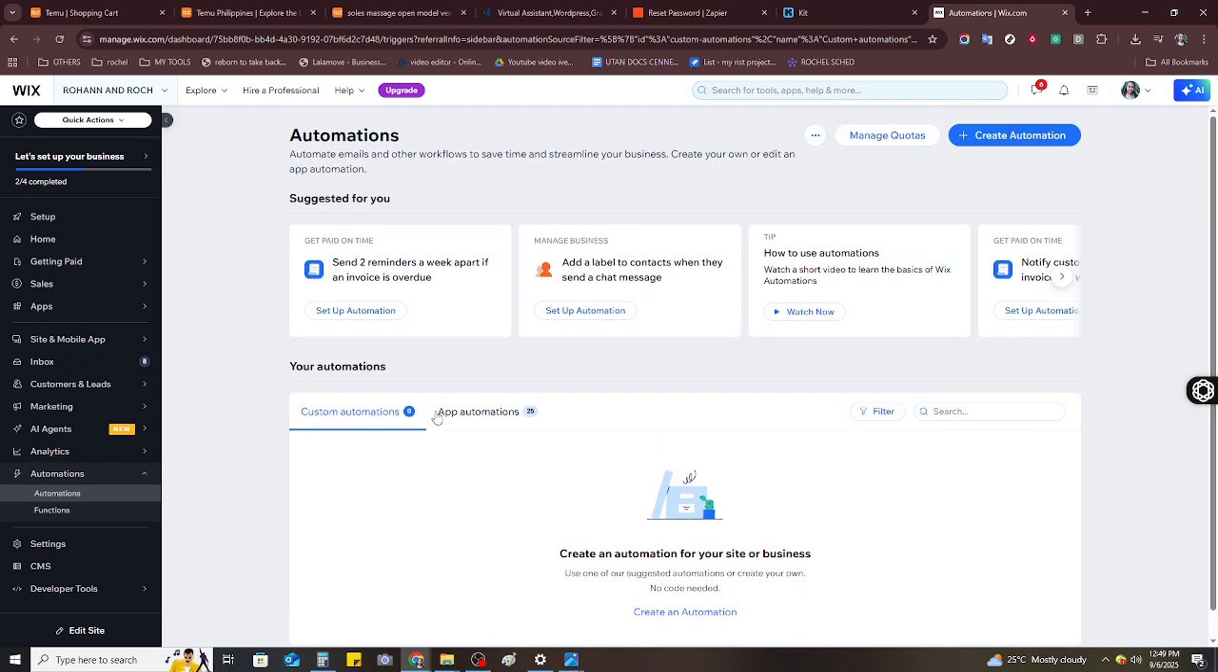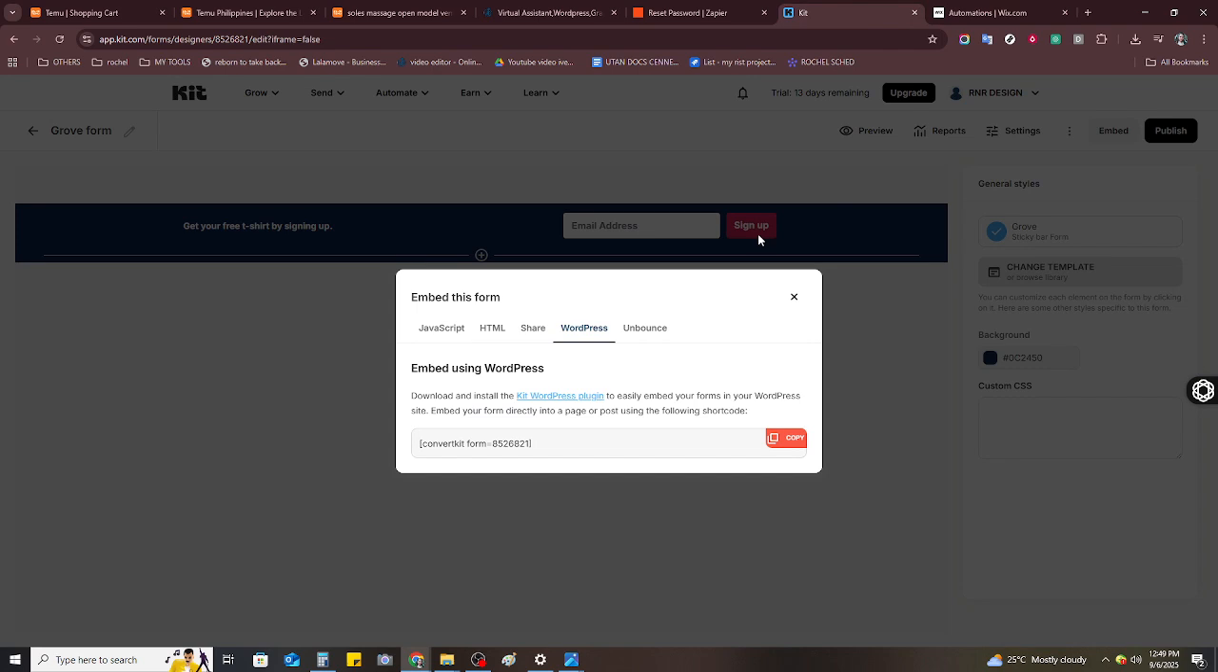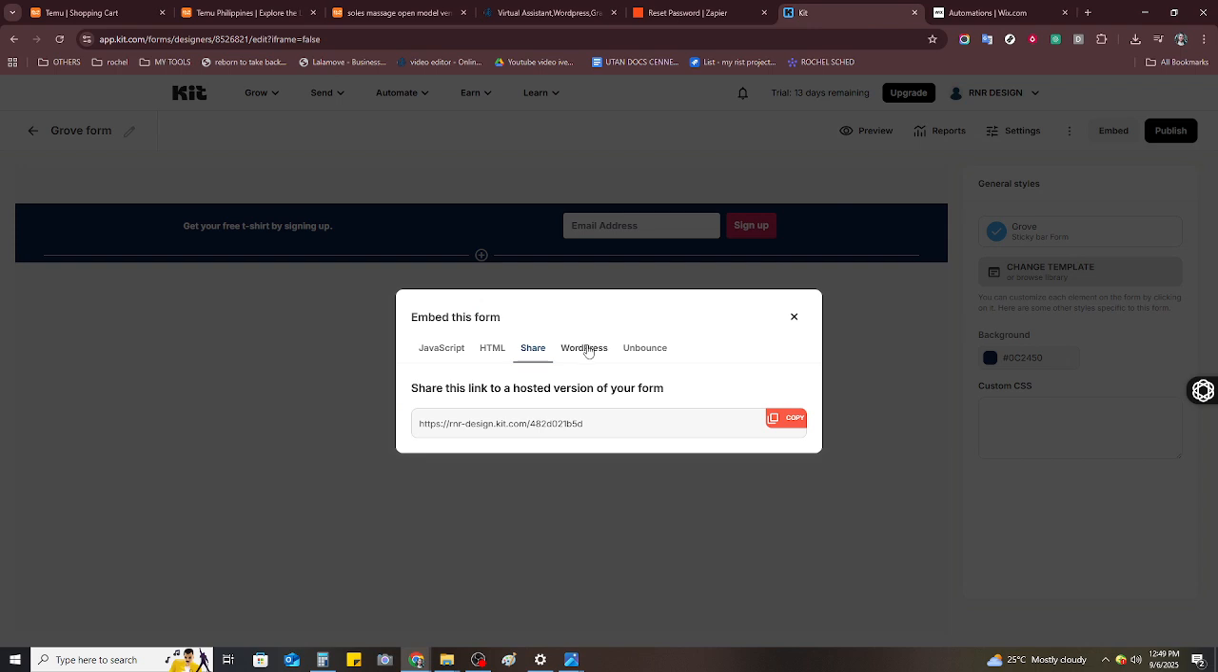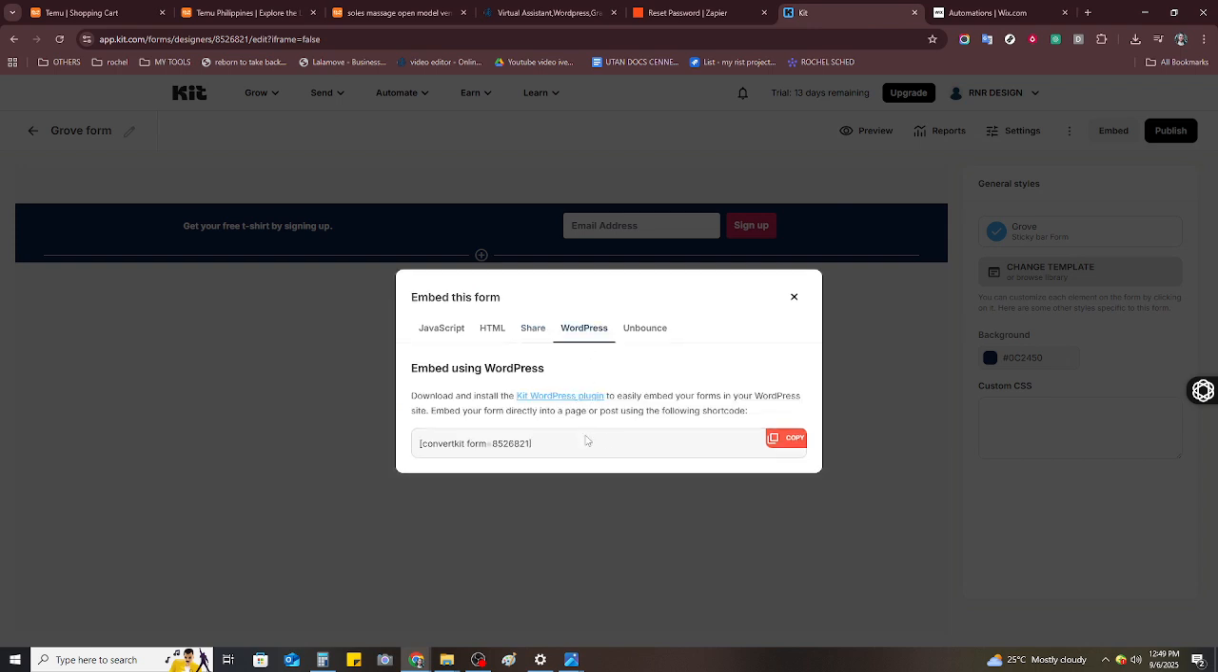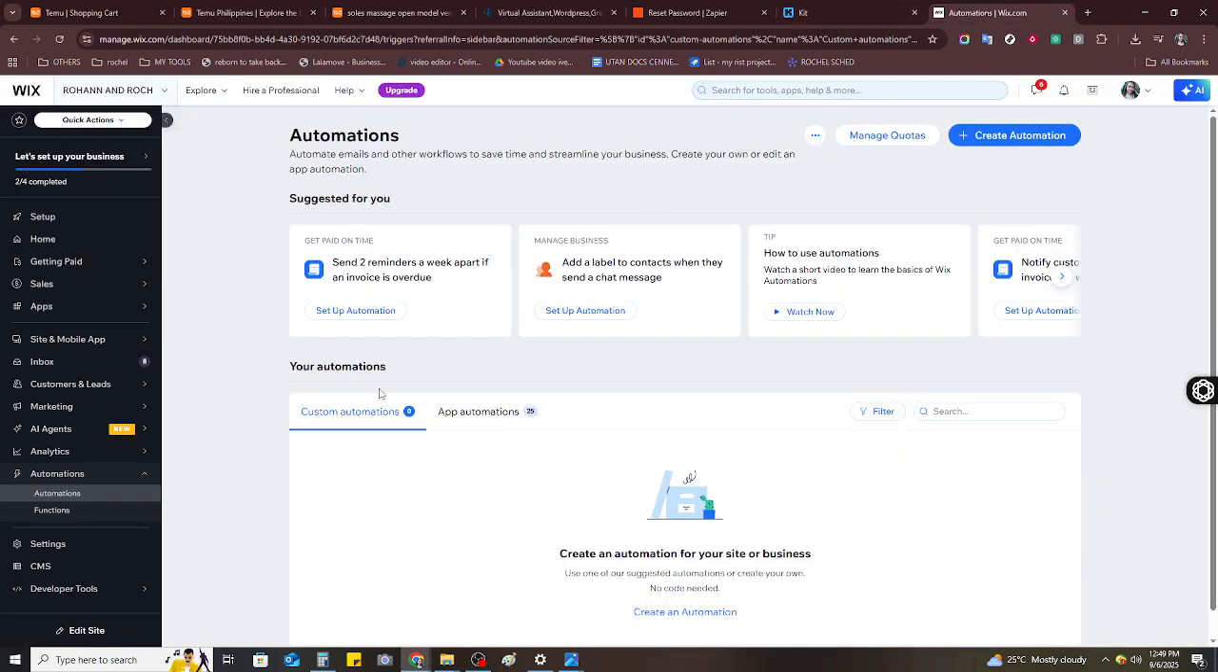Finally, testing your integration is crucial to ensure everything is functioning as expected. Visit your live Wix site and fill out the form as a visitor would. After submitting, head back to ConvertKit and verify whether the subscriber information appears in the correct form, list, or tag you've designated. By following these steps, you'll have successfully integrated Wix with ConvertKit, allowing you to seamlessly manage your contacts